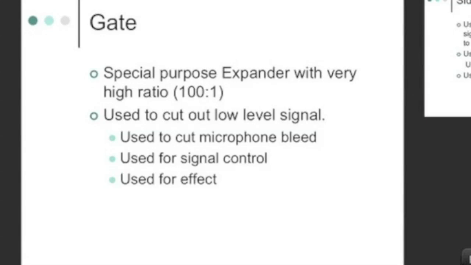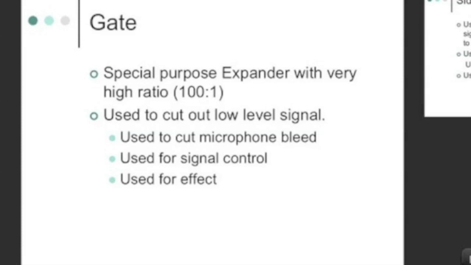And you can control how fast it closes and how fast it opens. That's how it started. Then they said, well, wait a minute, we can do better than that. We can put another control on there that's going to allow you to only open it halfway and then close it. Or open it just a bit to let a little signal through and then close it. Then they said, well, we can also do the opposite, called ducking instead of gating, where when it gets a trigger signal, we take the signal that's going through the gate and pull it down, which is very similar to